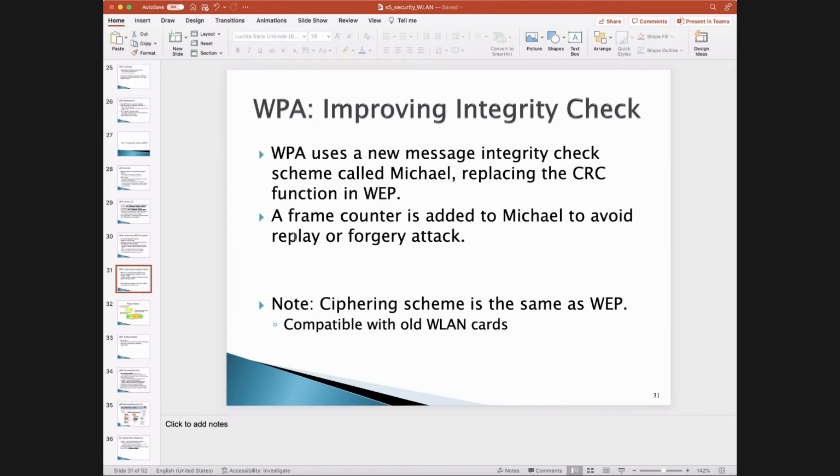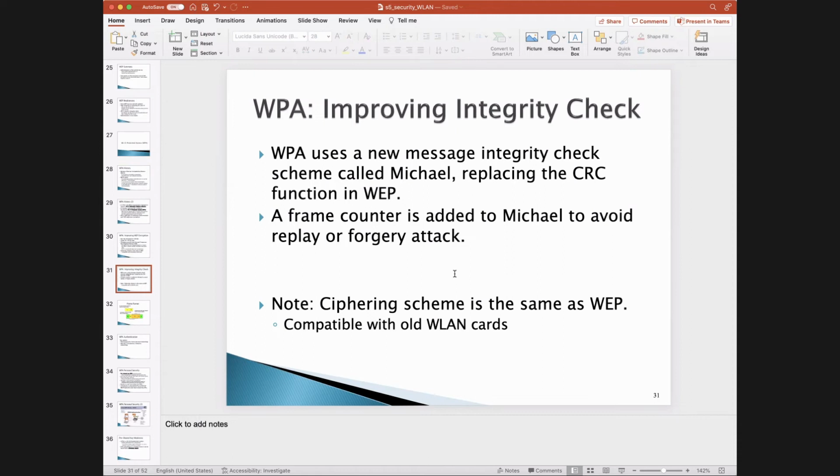You have the same message, you replay it. In this case, the spy replays the password in order to get access to the house. So that's a replay attack. So we add a frame counter to avoid a replay attack. Let's say the original frame has a counter of 10. If the receiver gets a counter of 10, it would expect the next message to have a counter of 11, not 10 anymore. So that means an attacker cannot replay the same frame,